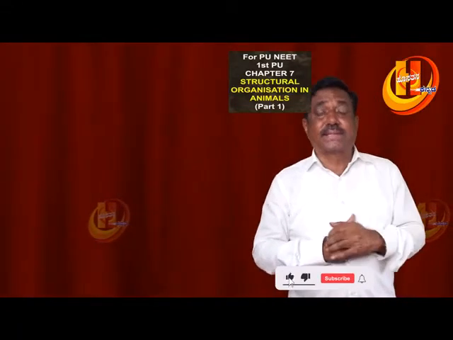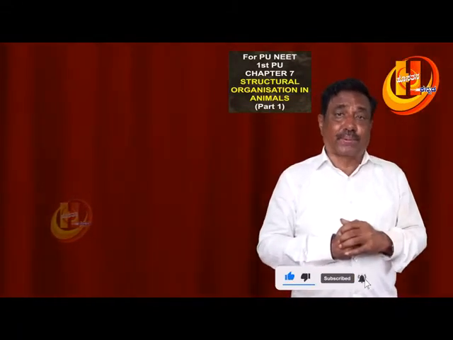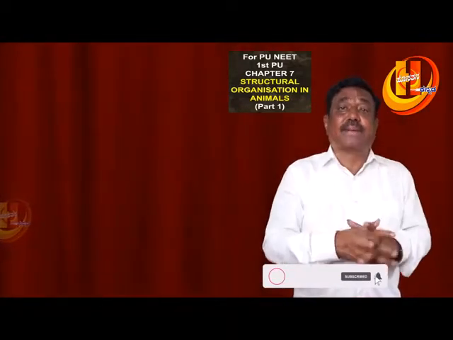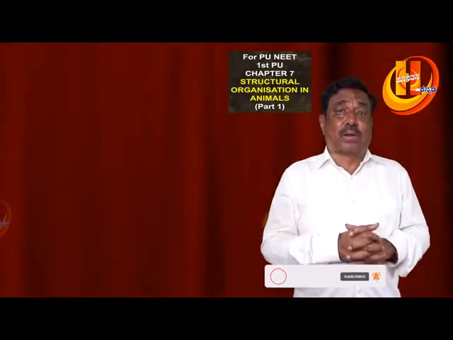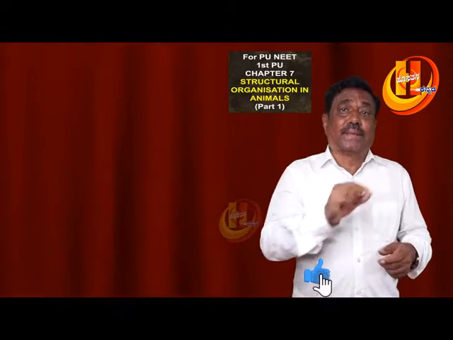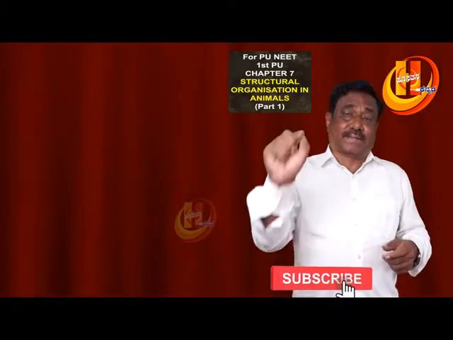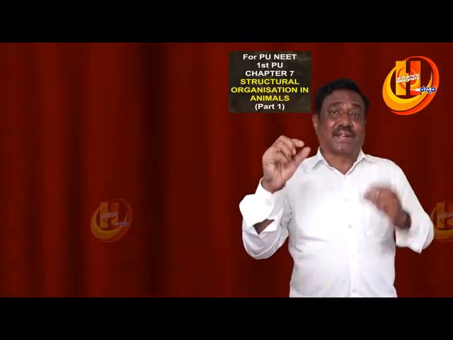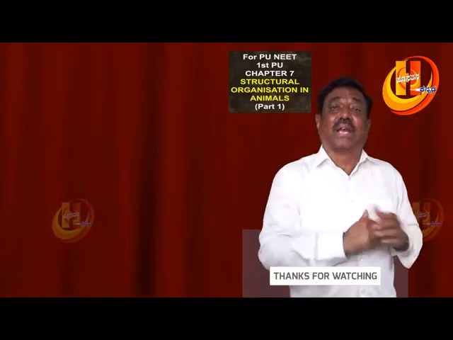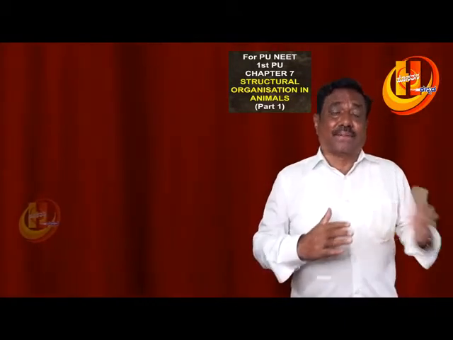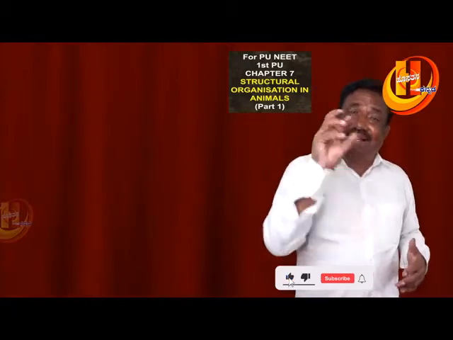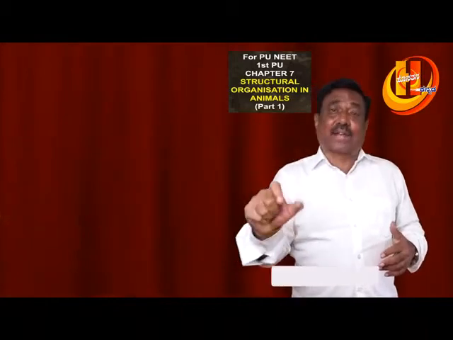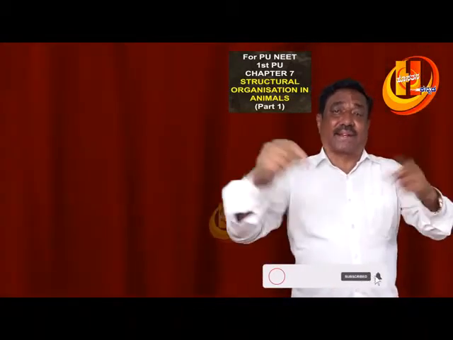Bone is a dense connective tissue, and the intercellular matrix is made up of calcium salts. In the bone cell section, it shows a bone marrow cavity, and surrounding this are lamellae, plate-like structures, and each consists of lacunae. Each lacuna consists of a single bone cell. They form the Haversian system, and in the middle is the Haversian canal, which contains blood vessels, and then lamellae once again, and then lacunae. Each lacuna contains a single bone cell, and they are connected by canaliculi.